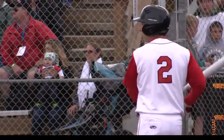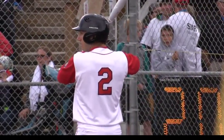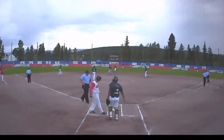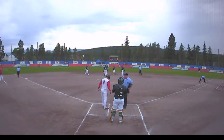Derek Mason is your 5-hitter playing at third base. Andy Skelton bats sixth. Shane Boland will bat seventh. Brian Avery, the 8-hitter tonight for John Stewart and company. And Kevin Schellenberg rounds out the batting order. Colin Walsh gets the start. The youngster, the rookie, the first-timer, he'll get the nod for Team Canada in his first debut here against South